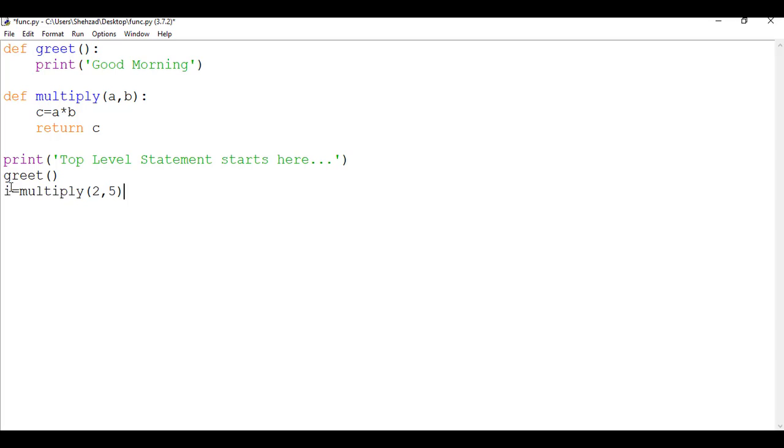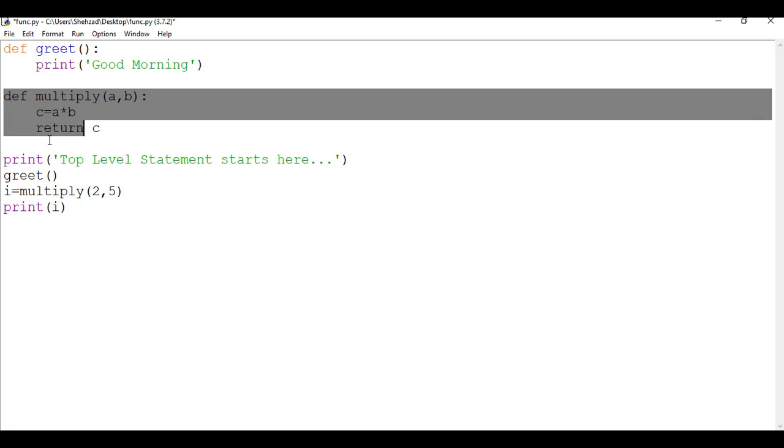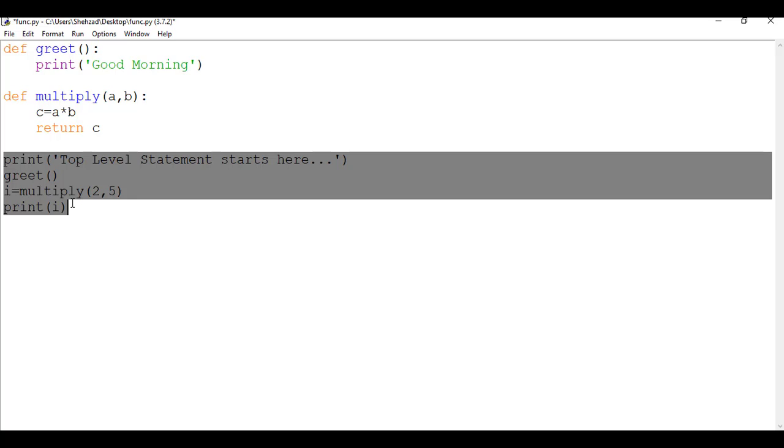So this function will calculate the product of 2 and 5 and store it, and we will print this product by printing the value of I. So what is happening here? We have created two functions, greet and multiply, and we have written these four statements which are part of top